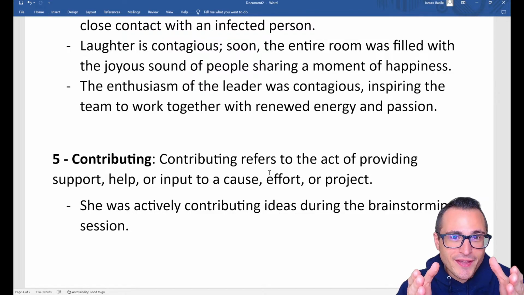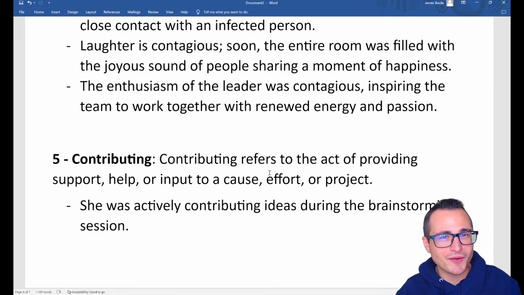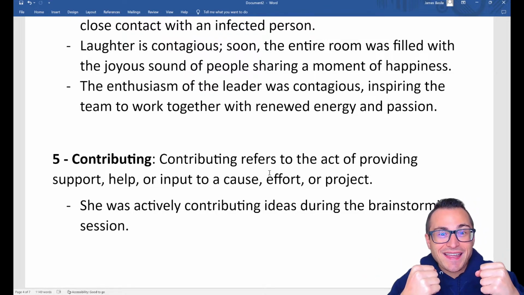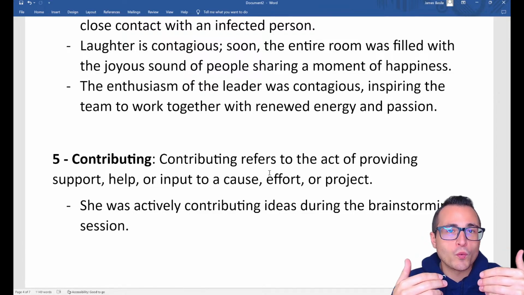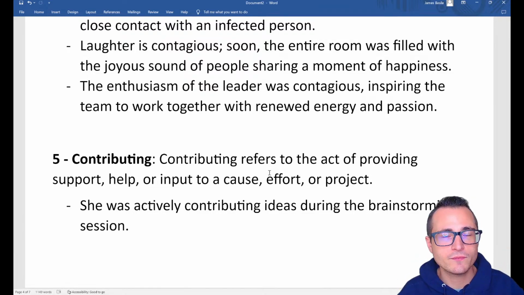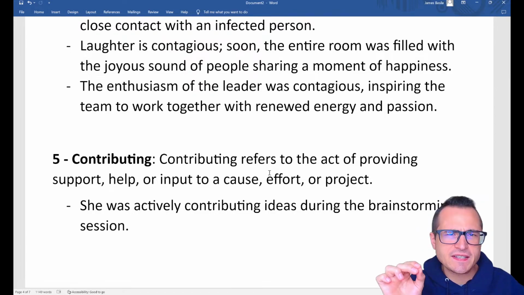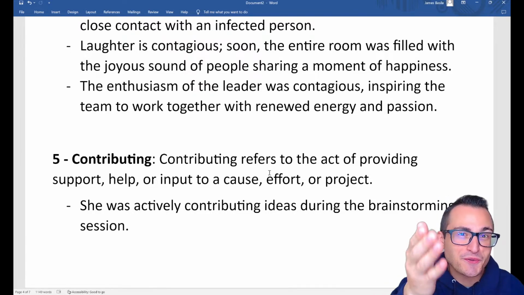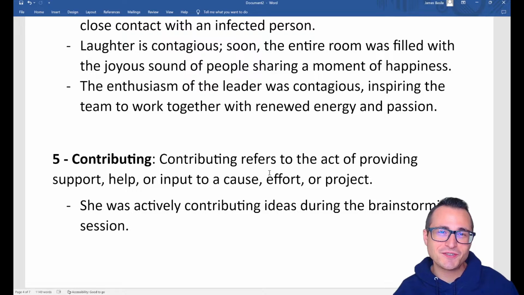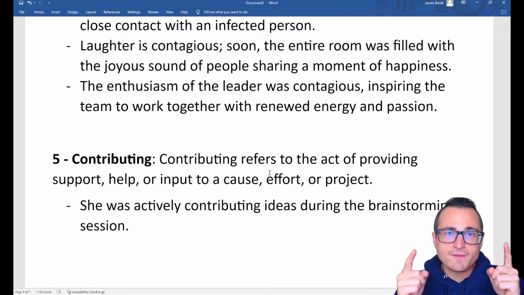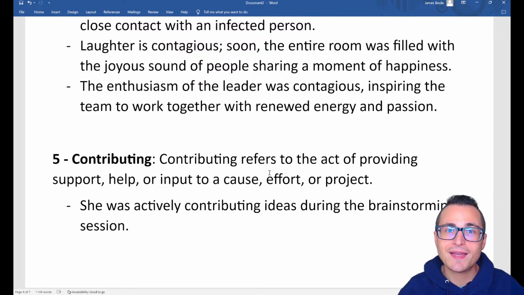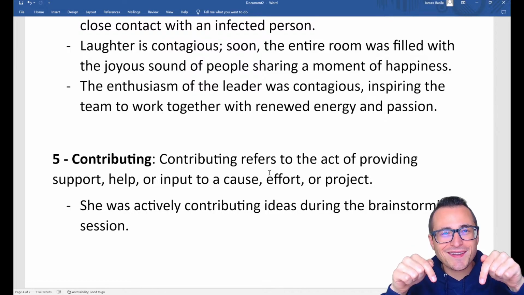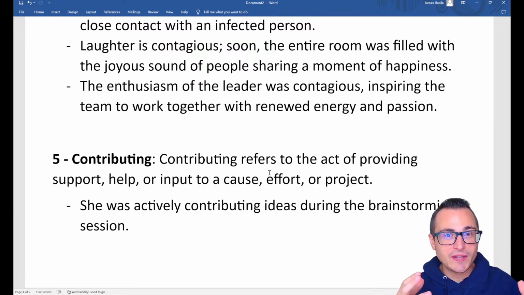Have you ever been around someone who is enthusiastic and excited for the work that they will do? How does that make you feel? Is it contagious? Did you start feeling enthusiastic too? Please, if you have a sentence with contagious, put it in the comments and we can read it and talk about it.